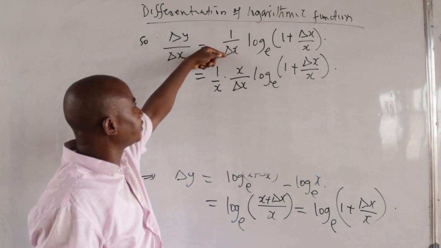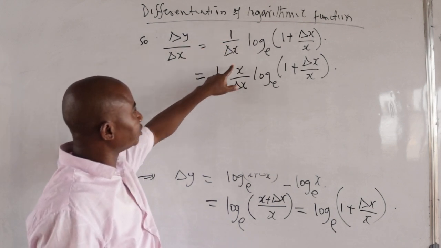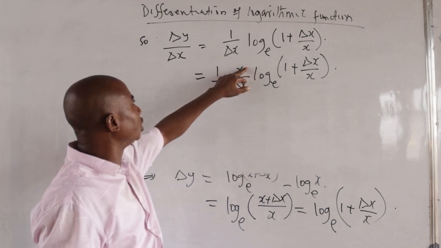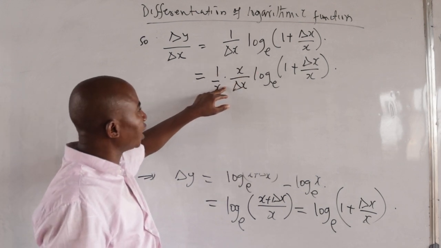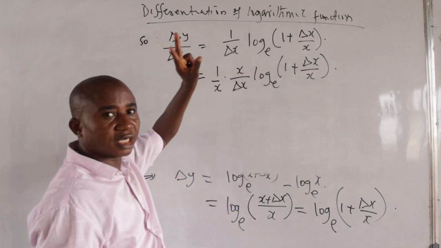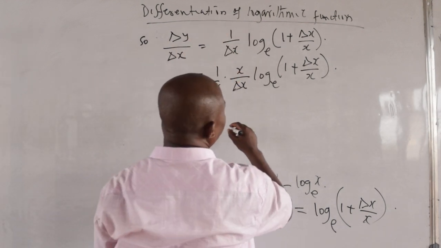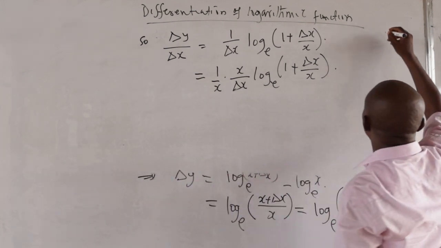So 1 over change in x can be written as 1 over x times x over change in x, because x will cancel x to give me 1. 1 times this will return what I have. So this and this are the same. Alright. But then we know again that if I have